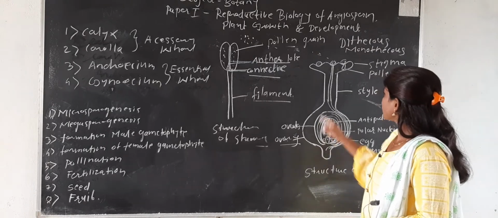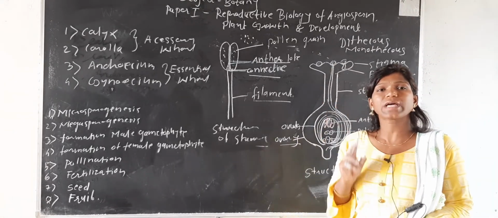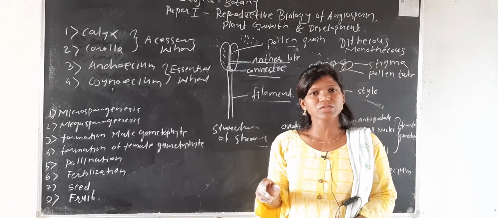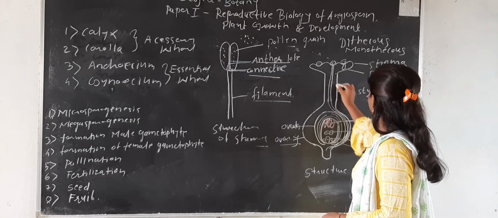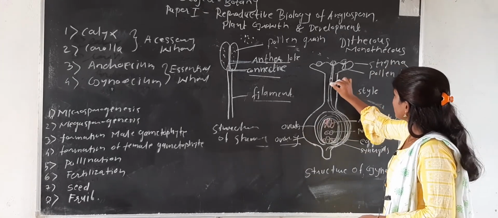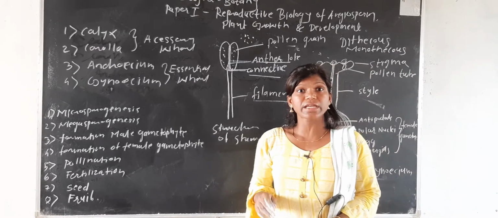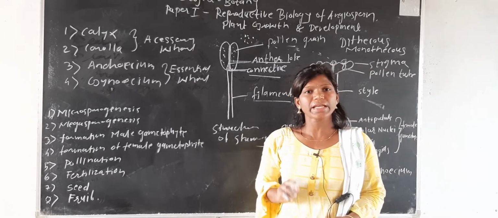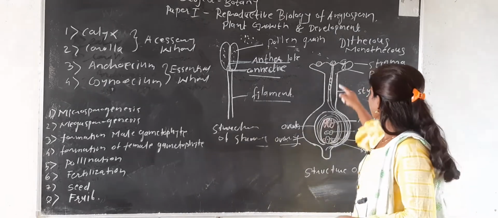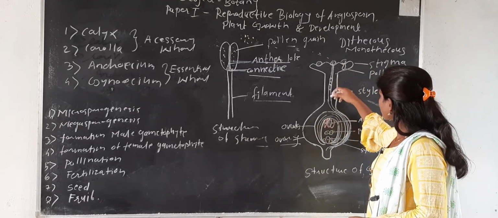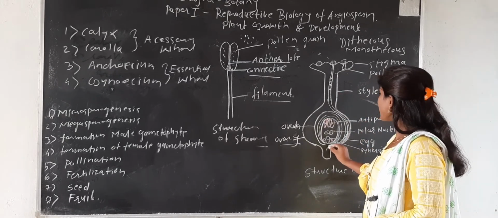After that, what happens here: the component of the pollen grain contains two types of cell. First, the vegetative cell, and second, the generative cell. So here the vegetative cell degenerates and the generative cell produces two male gametes. Okay. So those two male gametes enter through that long pollen tube, and after that they